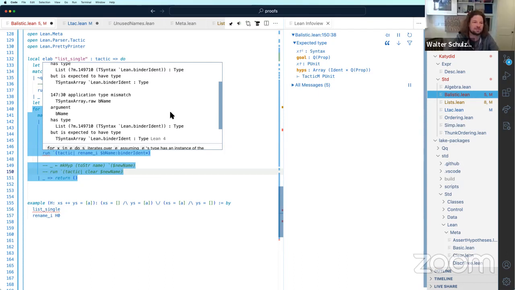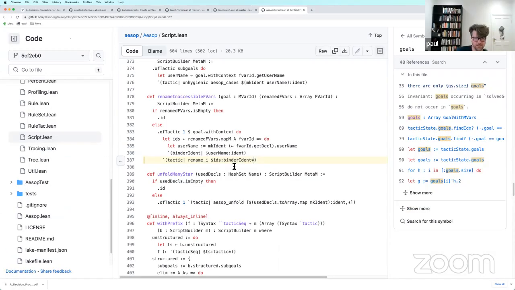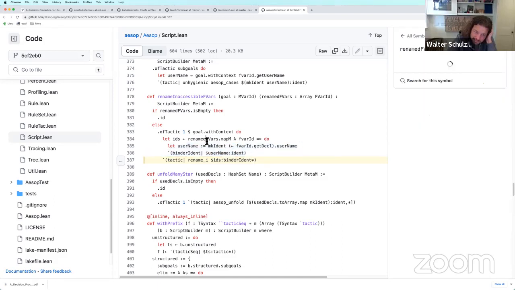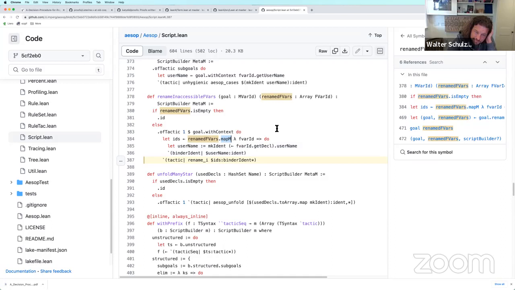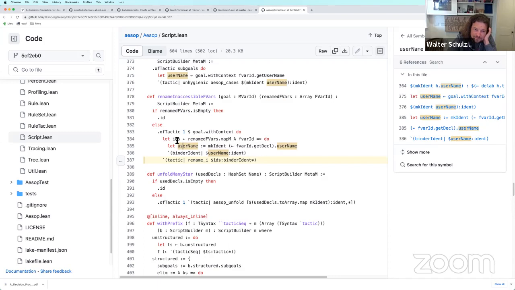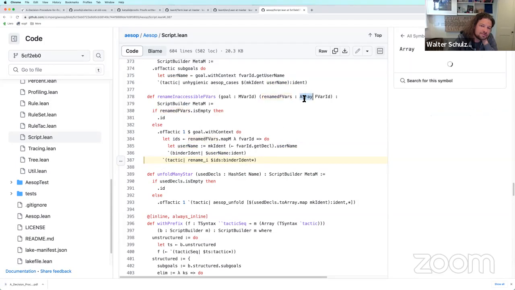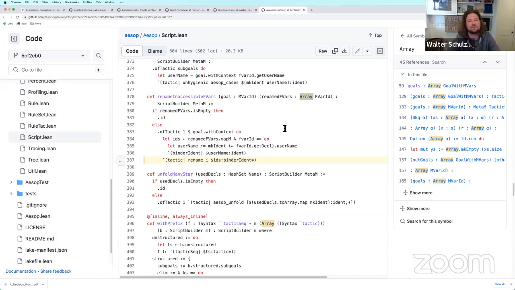Oh, we want T syntax array, not a single item. This is an array. We at least need it to be an array.